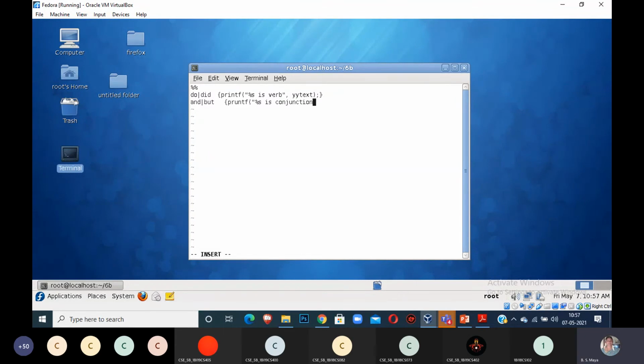Next, you can give like that. What is noun? Percentage s is noun. printf.